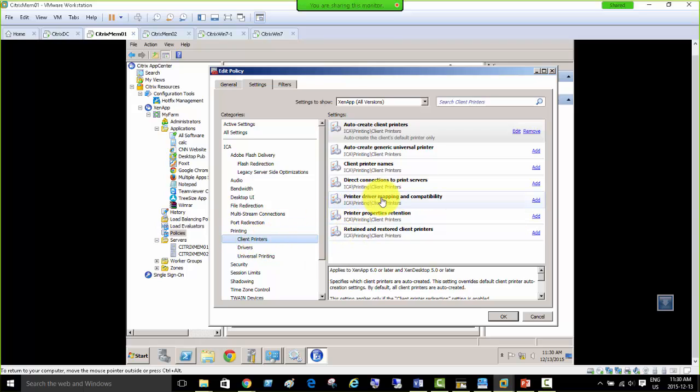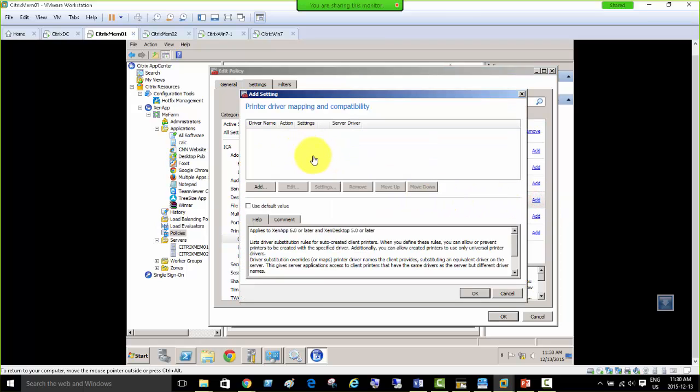So printer driver mapping and compatibility. So this is a very good way to break. Okay. Well, yeah. So after this policy, we can have a break. Okay, printer driver mapping and compatibility. So we'll click add here, and then what we want to do here, printer driver mapping and compatibility allows us to